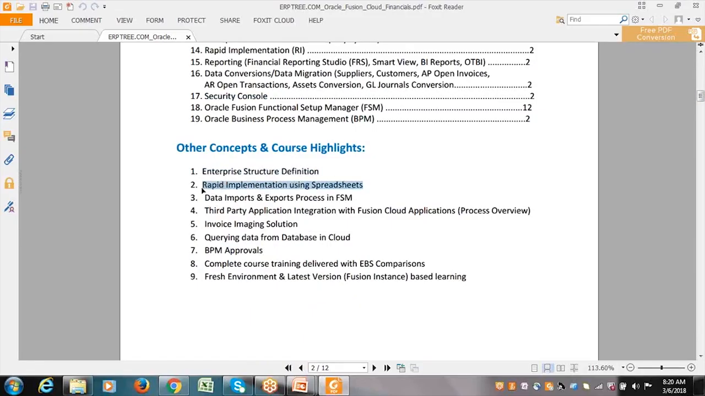Just the rapid implementation using the spreadsheets and data imports and exports by using FSM, and we'll touch lightly on third-party integrations. What are the possibilities we have? And invoice imaging solution will be worked on as a part of payables, and how to query the data in